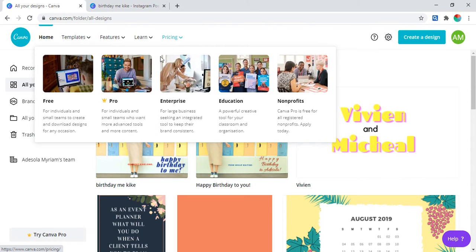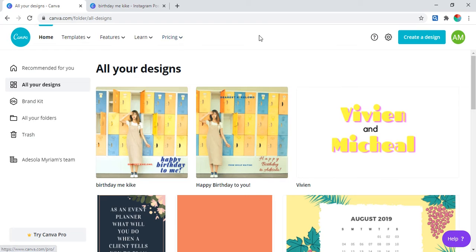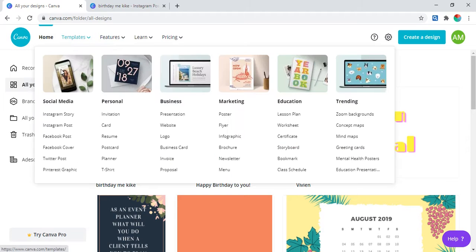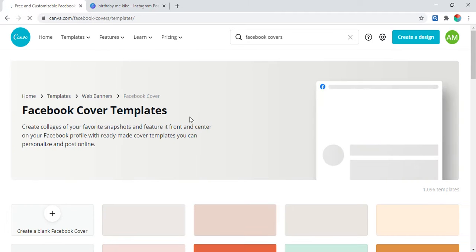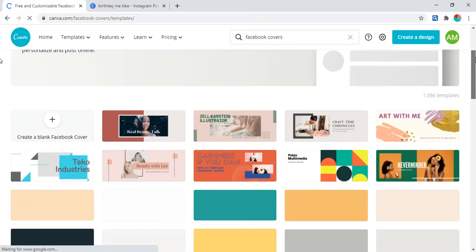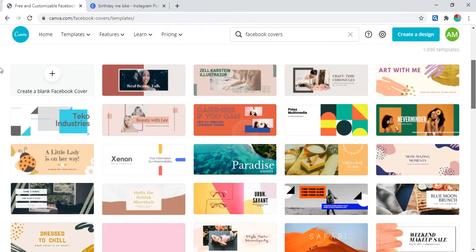You have to pay Canva to be able to put in your own size. But on the average, they have a lot of templates that you can work with. So let's say we want to do Facebook cover. So I click on Facebook cover now, and I'm going to see several options, several templates on Facebook cover,